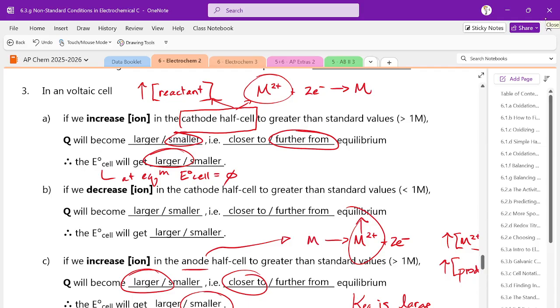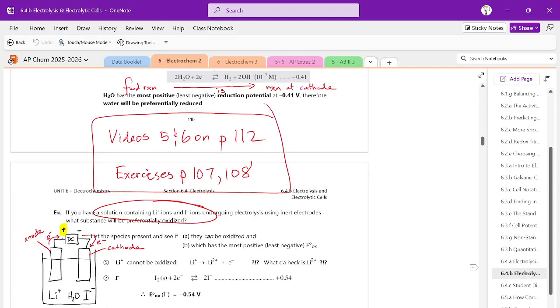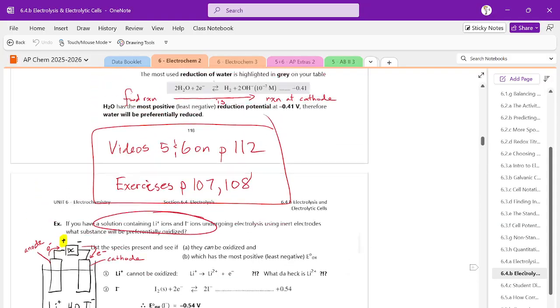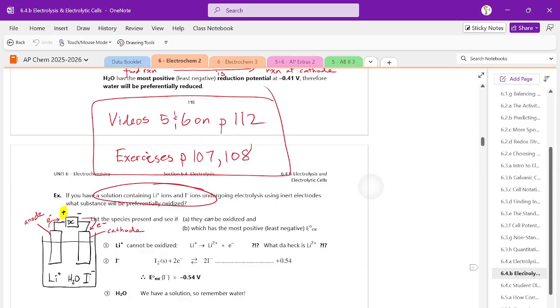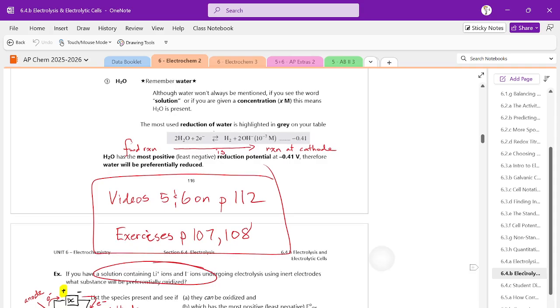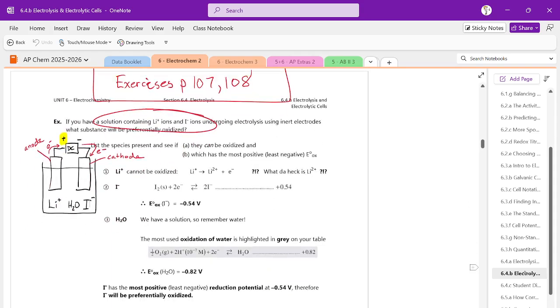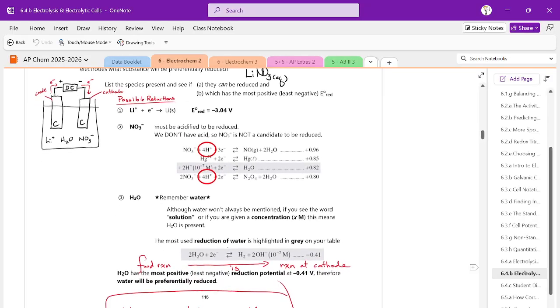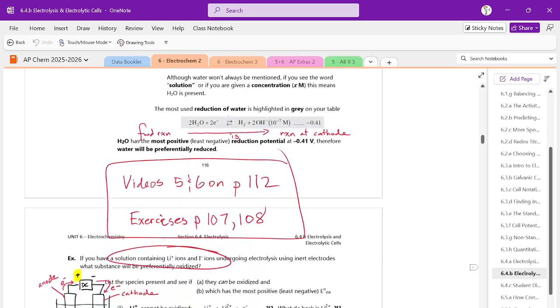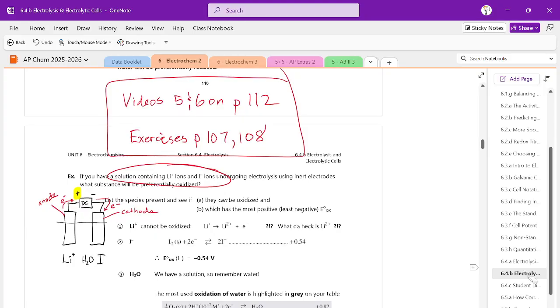Okay. If nobody has questions, we will carry on with electrolysis. And last day we got to here. Did we get to here? Where did we get to? We got to 116? Okay, and we finished 116, is that correct? Yes, okay. So, page 117,